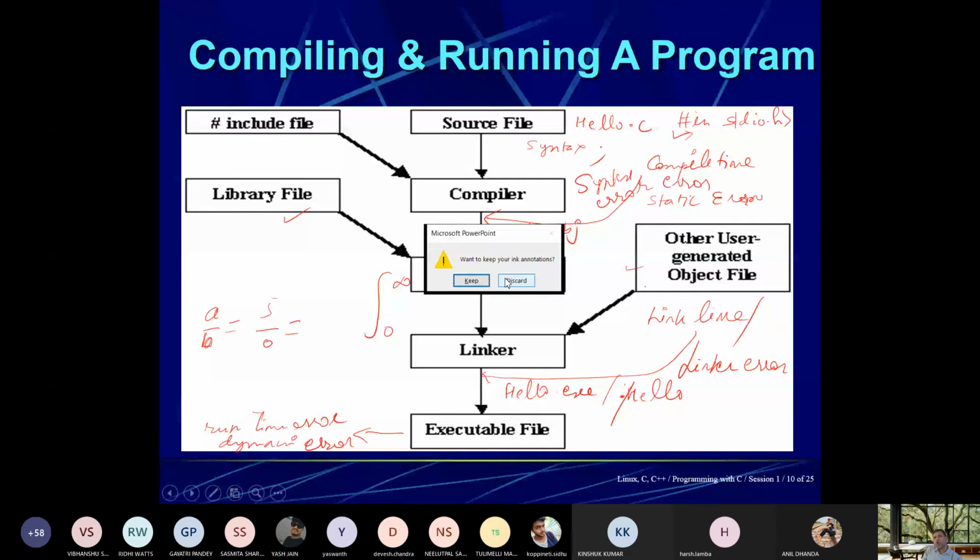So a modifier is used to alter the meaning of the base type to fit various situations more precisely. Then, except for void, the basic data type can have various modifiers preceding them.